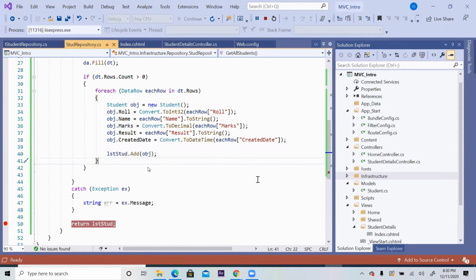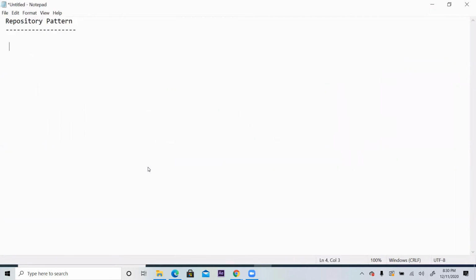Now little more about the view, because when we say model, controller, repository, abstract, all these are nothing but C# coding only, isn't it? So you have to play with C#. But when we say view, view is nothing but CSHTML, C# and HTML combination.